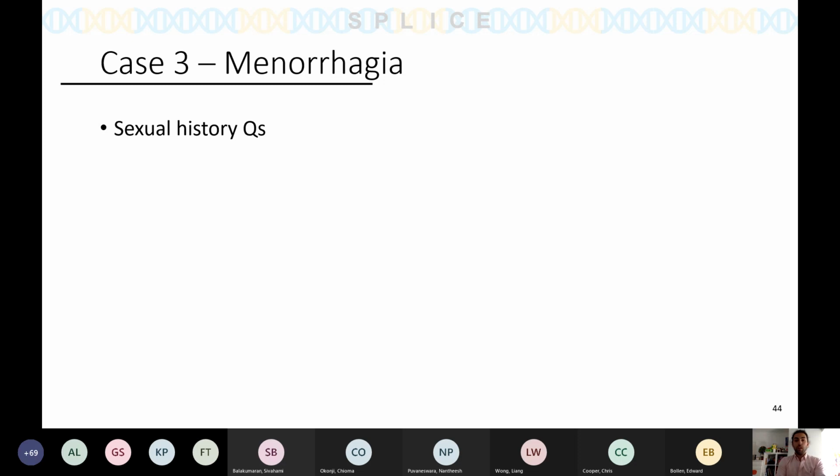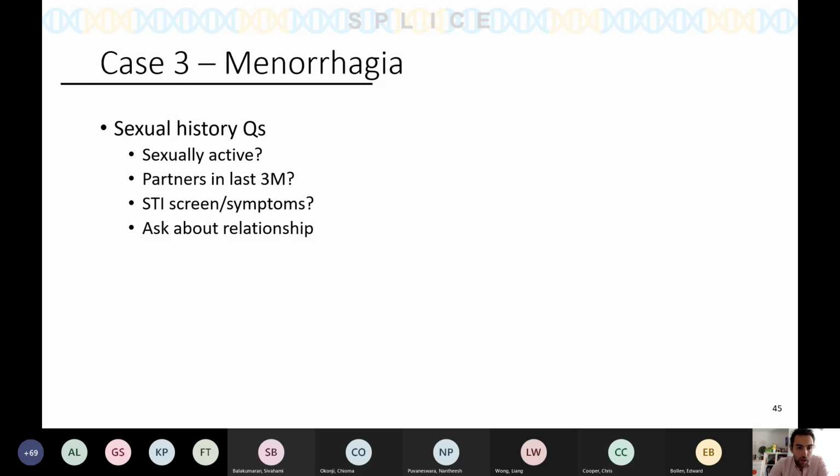So we kind of went through this on Friday with HIV. But any other ones you want to? So what would you be asking? Yeah, regular partner, good. STIs, yeah. How many partners in the last 3 months? Yeah, good stuff. Sexually active, yeah. First of all, yeah. Type of sex, yeah, good stuff. Basically similar to what you guys said. Are you sexually active, partners in the last 3 months, STI screening symptoms, and asking about the relationship is also extremely